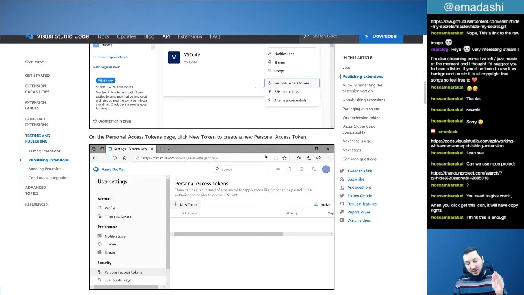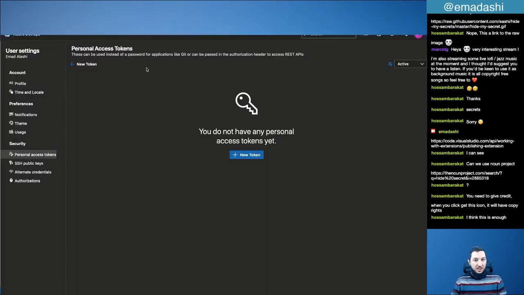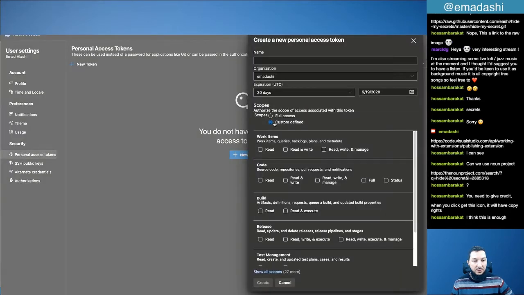Now, I think I did this long time ago. I'm just going to see if in my place, this is my organization. If you have any live account, I think you can create a Visual Studio account. You just go to visualstudio.com and register your live account, and they will create an organization for you automatically. And once you are in that organization, you can go and add your settings. So for that, I'm going to create